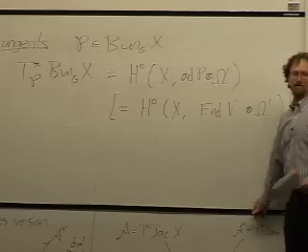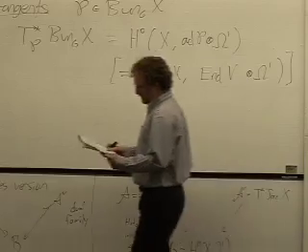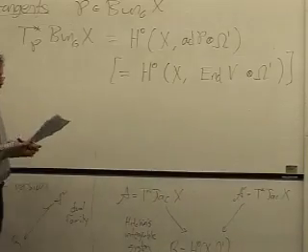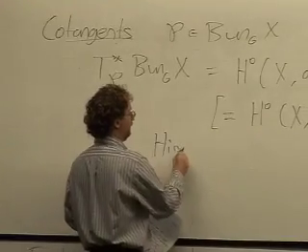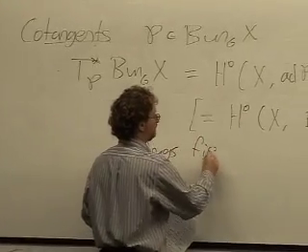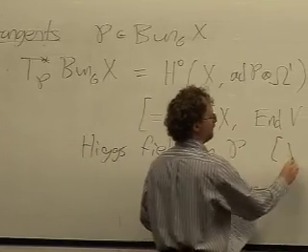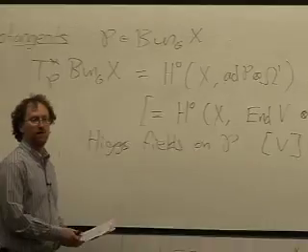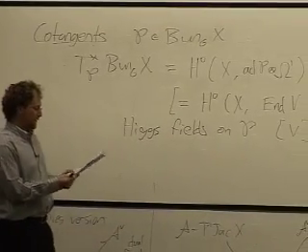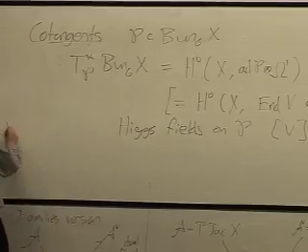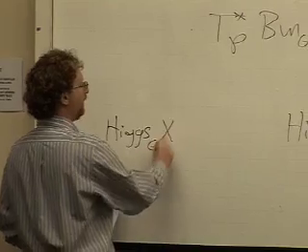And remember, I'm treating this as a smooth variety. So it's going to have some nice cotangent bundles, some nice definition of a cotangent space at least. And so these things we're going to call Higgs fields. Higgs fields on P or on V. So V is going to be my notation for the corresponding vector bundle. So, these Higgs fields are, if you'd like, maybe I'll introduce some notation, Higgs_G(X)